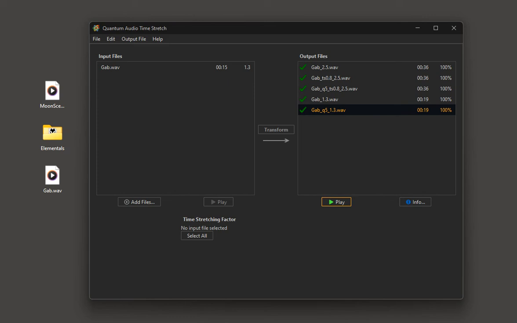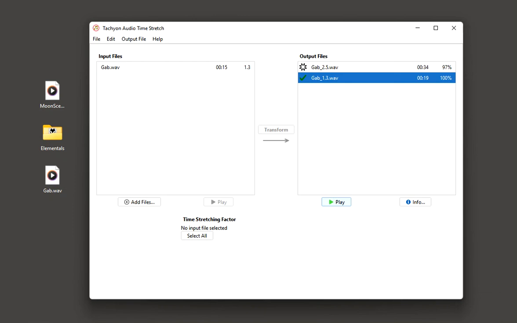Although both algorithms are designed to work on any kind of audio sources, Quantum works best for small changes or with individual solo tracks. Tachyon, on the other hand, is specifically designed to transform complex mixes by any time stretching factor. For more information and to download demo versions of Quantum and Tachyon, go to